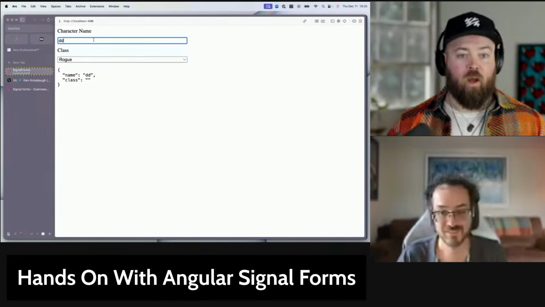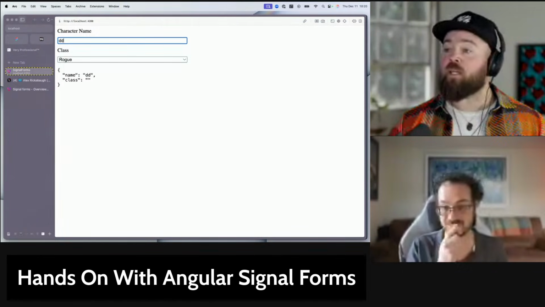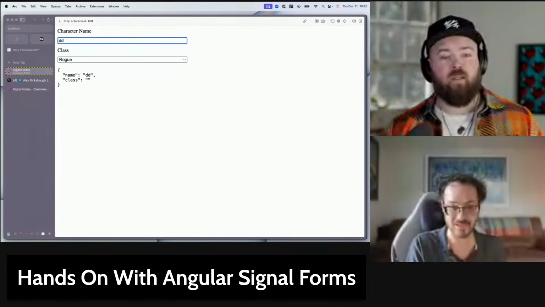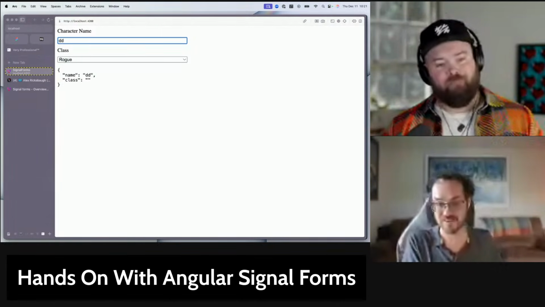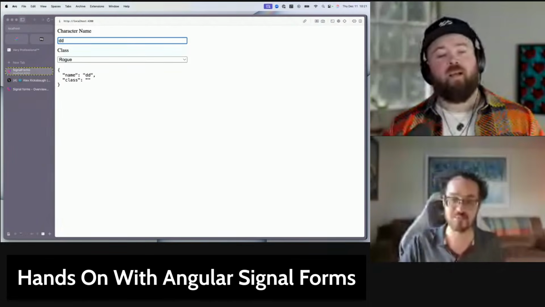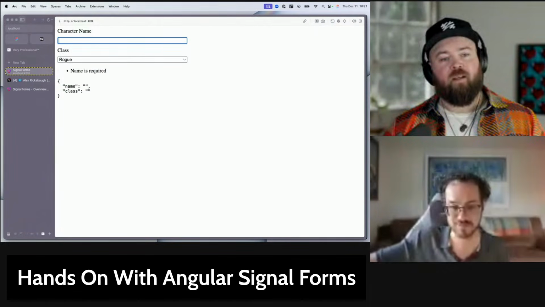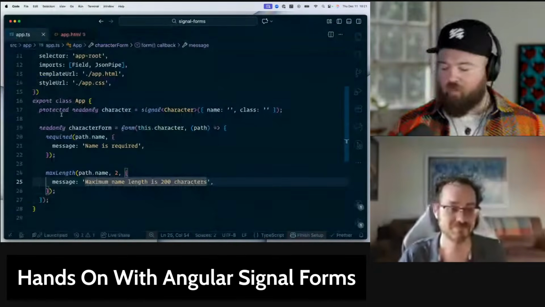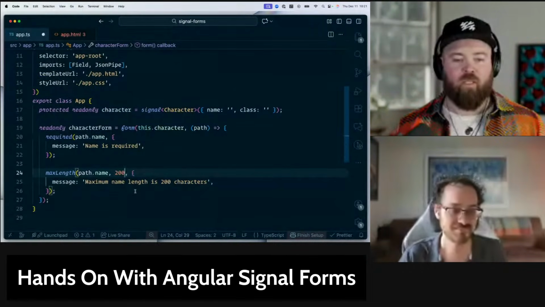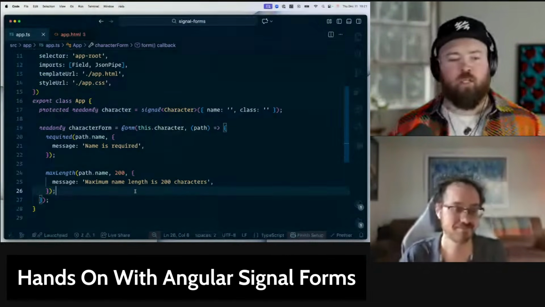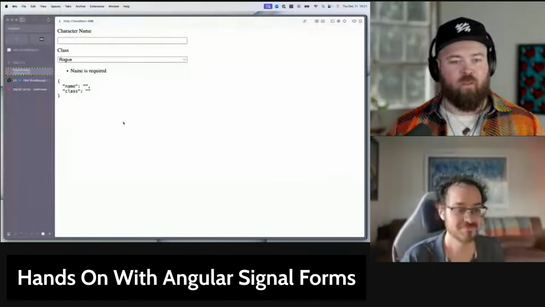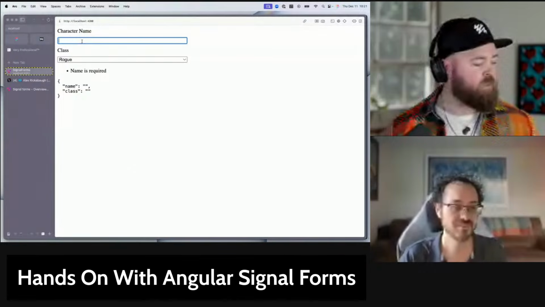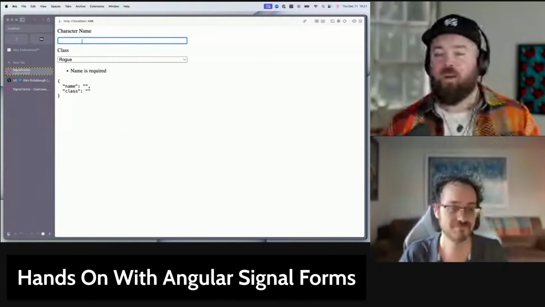You probably won't. Oh, it forces it. Signal Forms knows that you've set a max length validator specifically. So in addition to validation, it's also telling the input element it should have the max length attribute. That's so slick. Okay, that's amazing. So then, yeah, we can set it up. I mean, 200 is wild, but we also don't want somebody who's got a legitimately long name to feel like they can't play the game. So really long names are in fact allowed, but we don't want to blow out our database by somebody inserting the entirety of